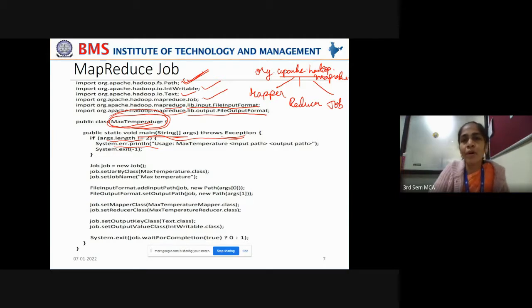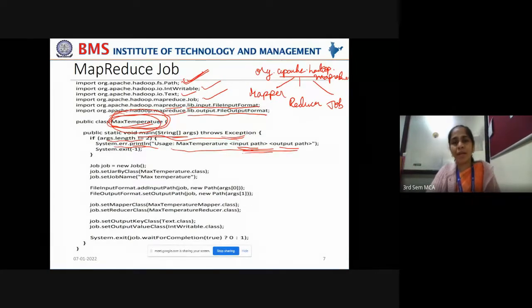So we are comparing it with the command line argument count of 2. If the number of arguments passed is not equal to 2, then indicate it with System.err.println that the usage of this class should be like this: MaxTemperature, followed by an input path of the file and an output path of the file.